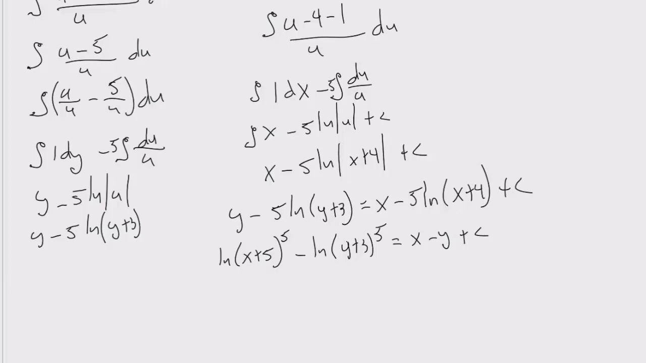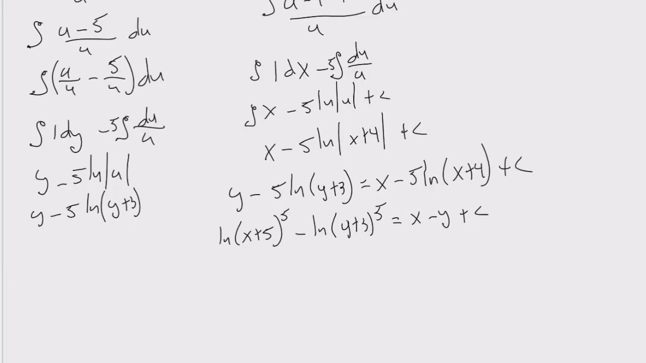Okay, and now what? Okay, so we have our log rules. Say if we're subtracting, we can convert that into division. So that's ln of (x plus 4) over (y plus 3), both to the 5th power, equals x minus y plus the constant there. Okay, and then what we're going to do is raise both sides to an exponent. So we're going to say e raised to the ln of ((x plus 4) over (y plus 3)) to the 5th,